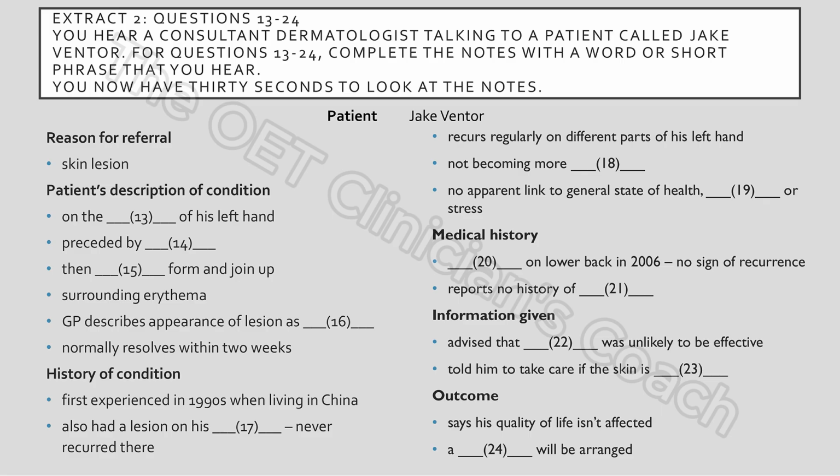Well, I always know when I'm going to get it because I have this itching beforehand. I wake up at night wanting to scratch the area, though I try to stop myself. Then a few hours later, I get 1 or 2 little blisters, and they gradually get bigger and join up into one big one. It all feels a bit hot, and the skin around it goes red. When I showed this to the doctor, she used the word chaotic to describe it.